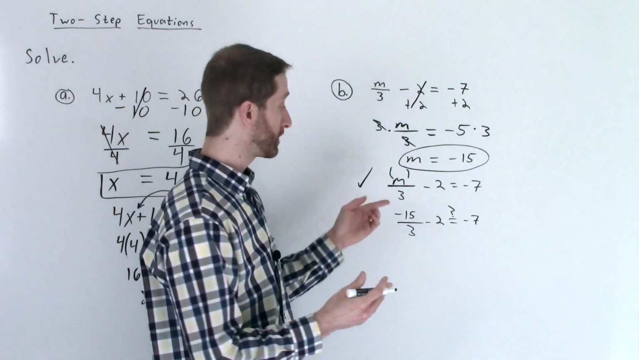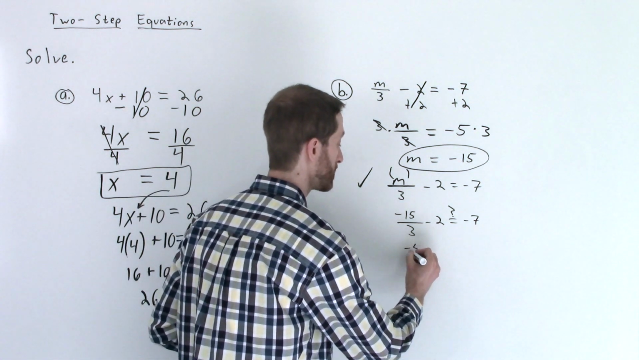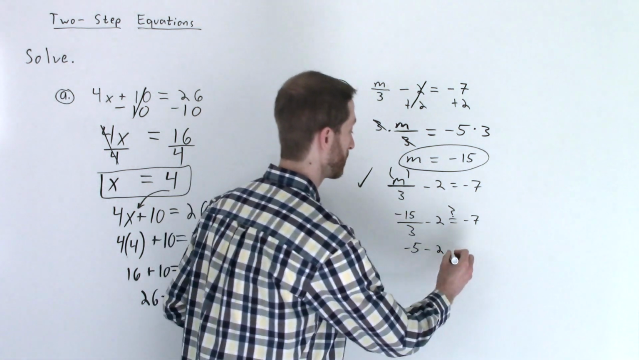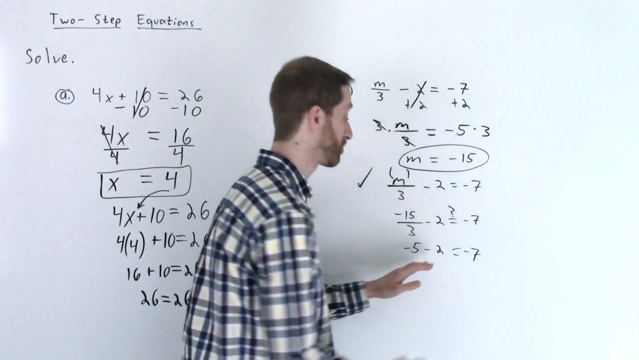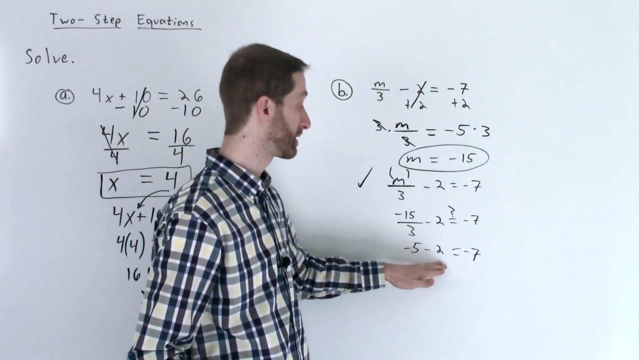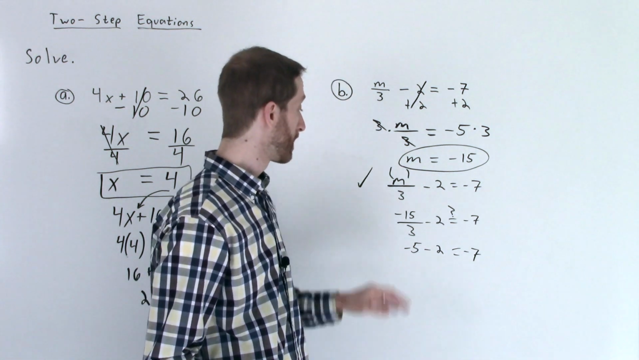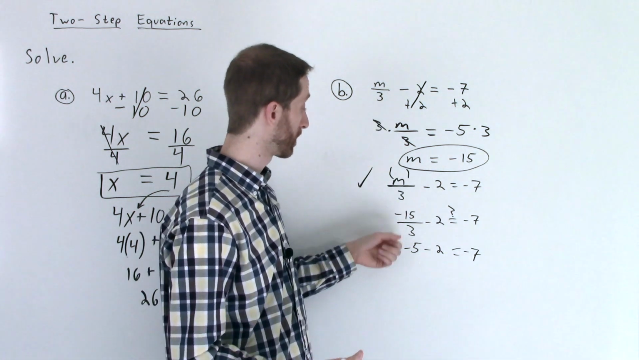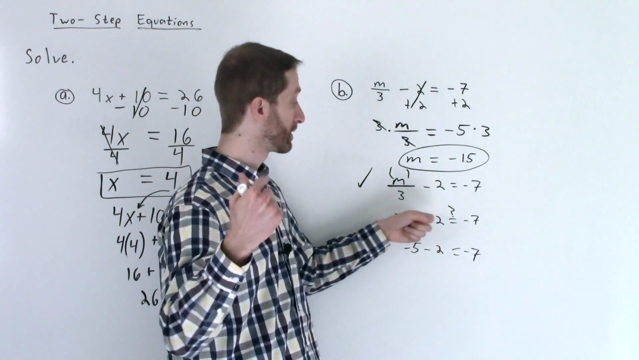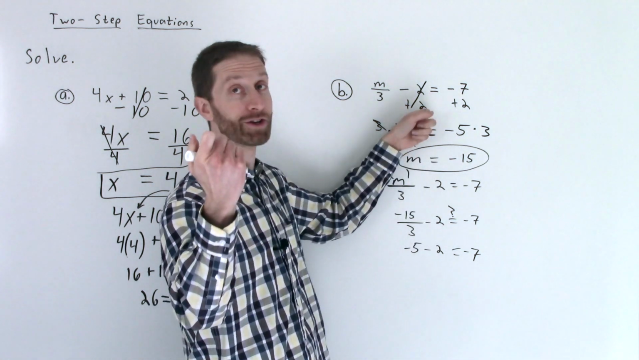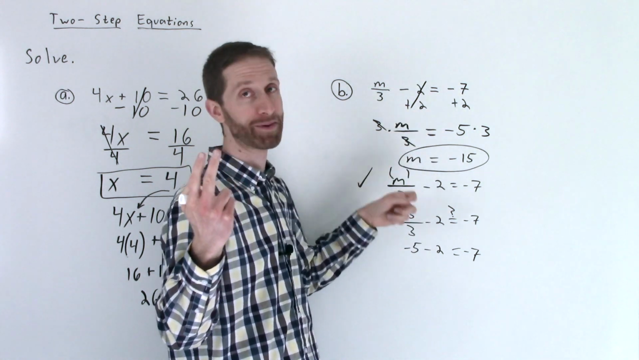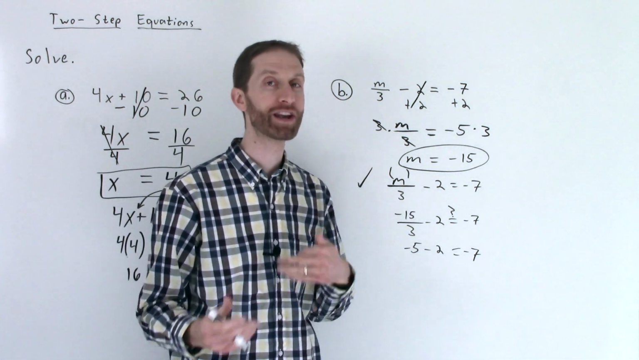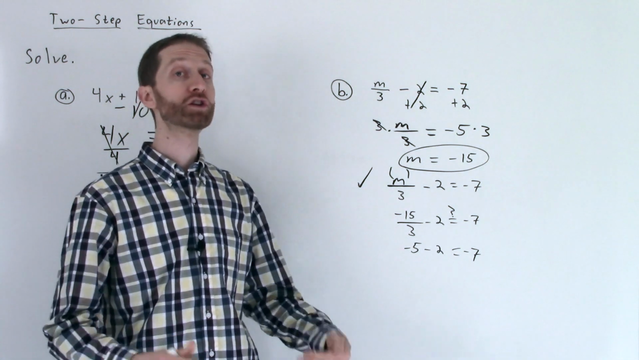Well, negative 15 divided by 3, notice the order of operations we're doing forwards here, is negative 5 minus 2 equals negative 7. And that is a true statement because negative 5 minus 2 is negative 7. Notice here that the order of operations supports what we did going backwards. We divide by 3, then subtract 2. We added 2, then multiplied by 3. That's pretty awesome, guys. So that's understanding the order of operations and how it comes into play with solving two-step